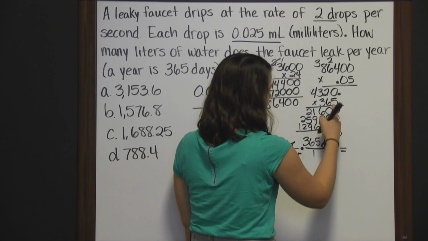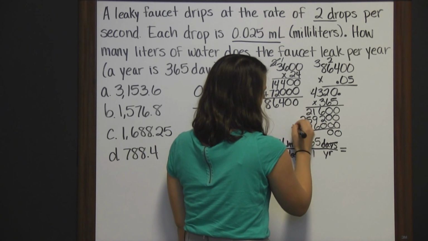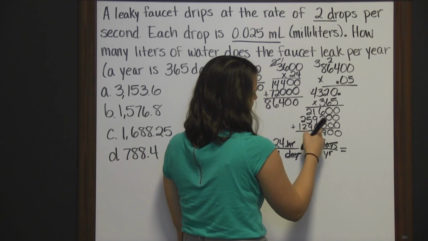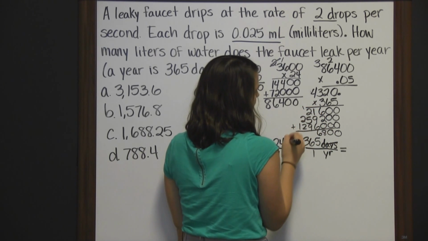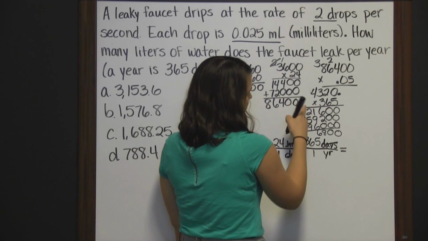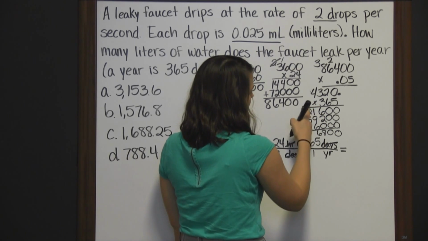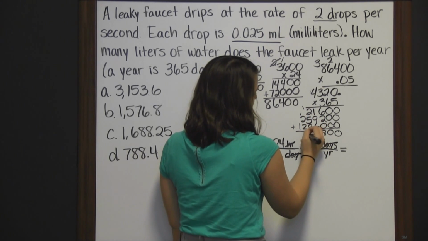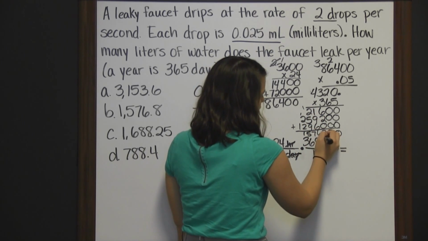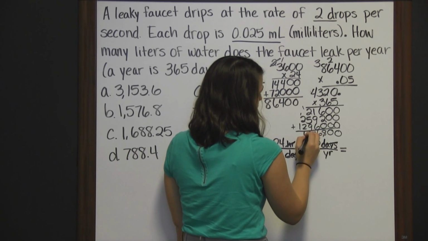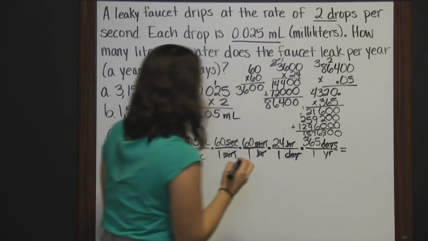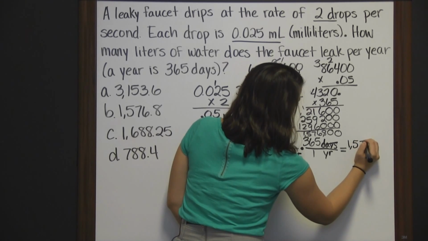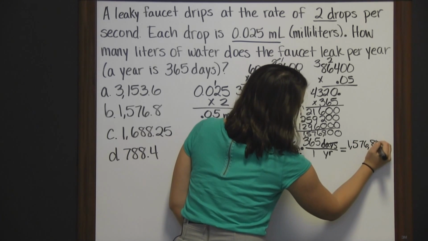So we get 0 here and 0 here. 6 plus 2 is 8. 1 plus 9 is 10, plus 6 is 16. Carry the 1. 9 plus 1 is 10. 15, 17. Carry the 1. 2, 4, 5. So 1. We have 1, 2, 3, comma. 1, 2, 3, comma. So that is 1,576,800